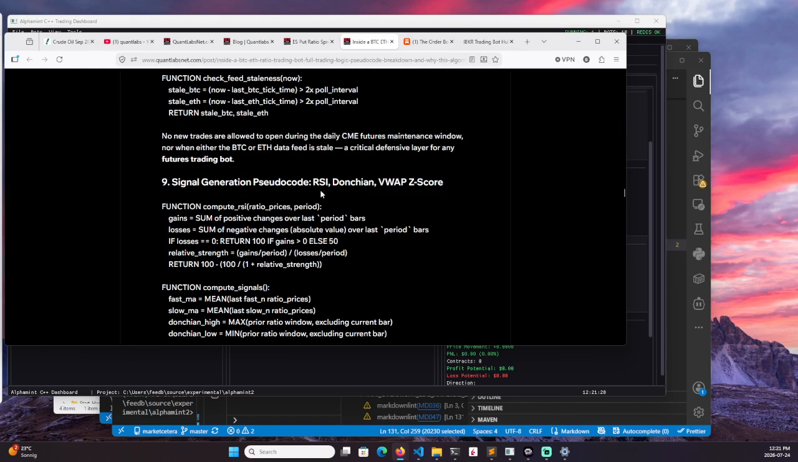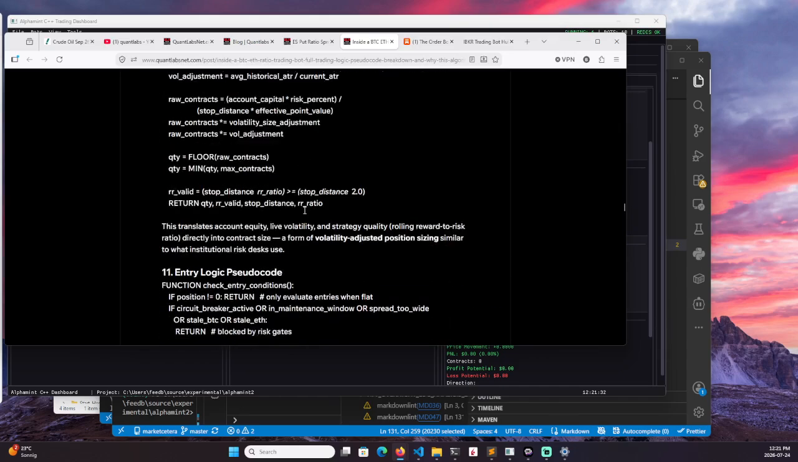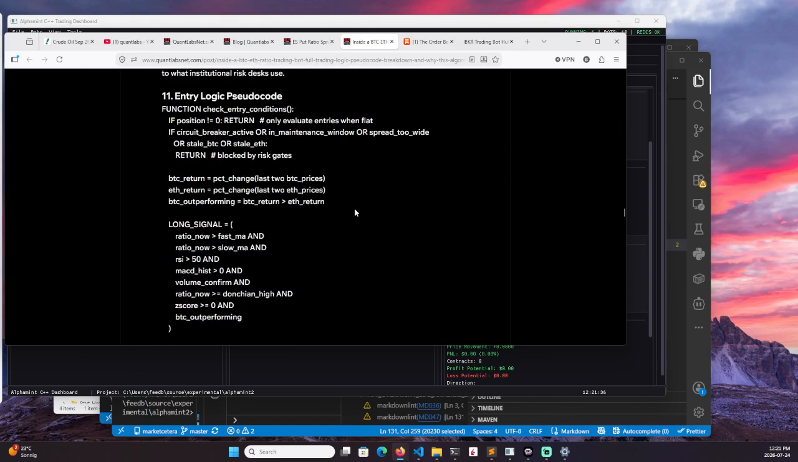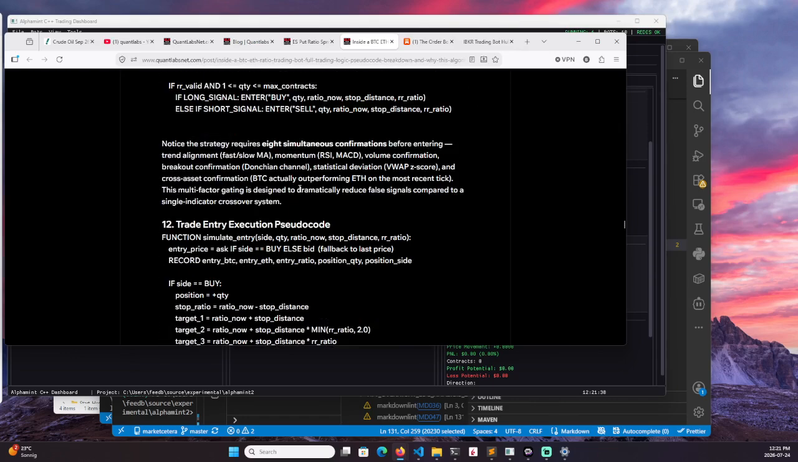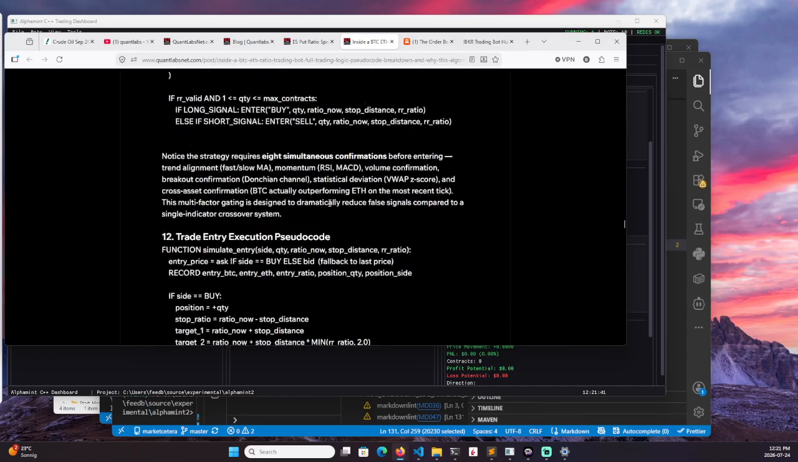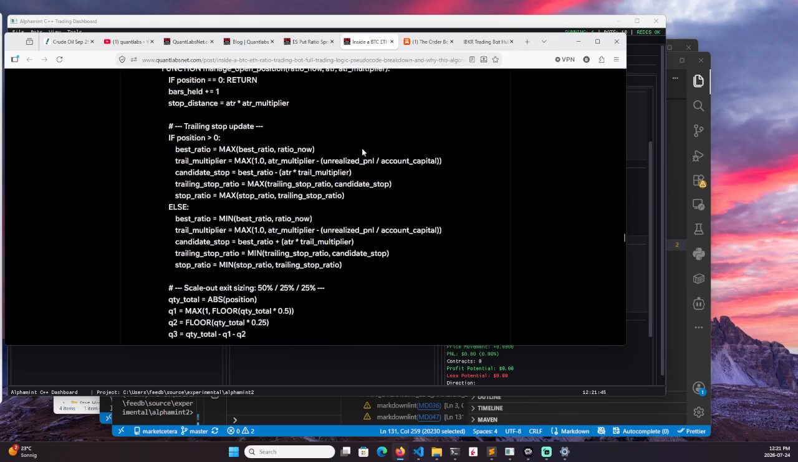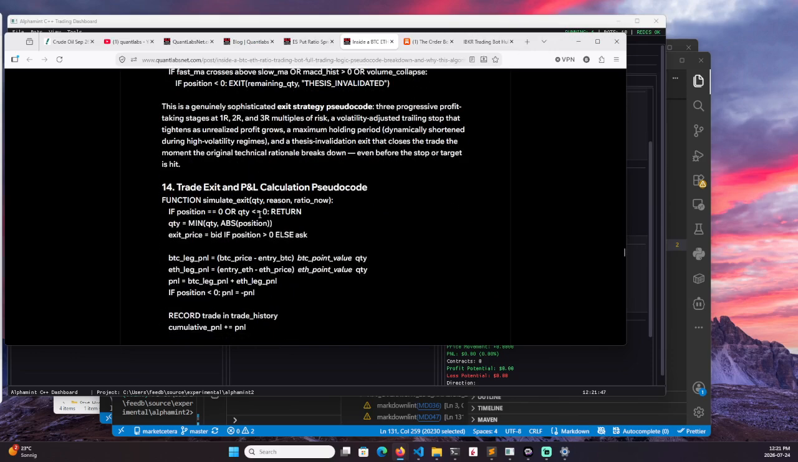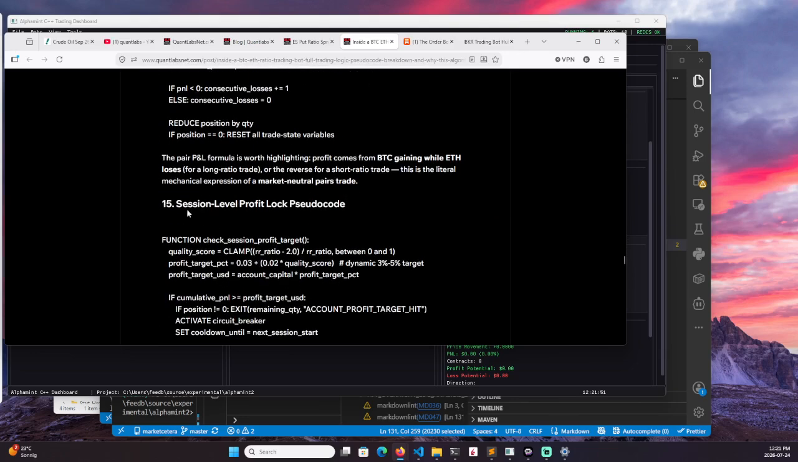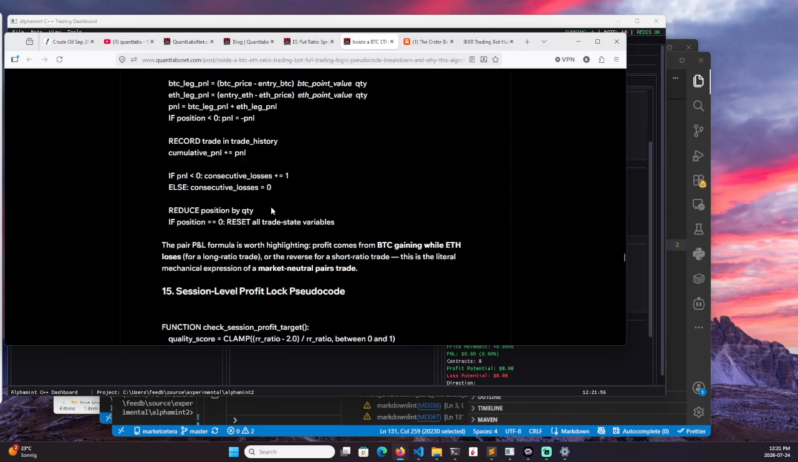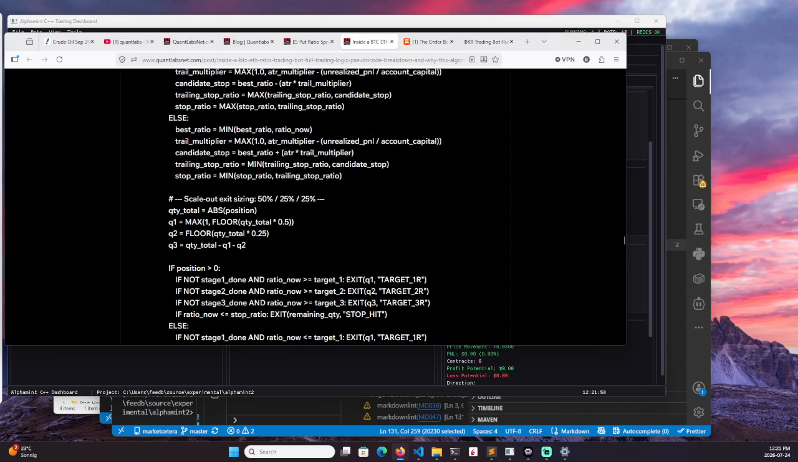Signal generation pseudocode, and here's all the indicators: RSI, Donchian, VWAP, SED score. I mean, it's incredible. Position sizing pseudocode, entry logic pseudocode. Okay, trade entry execution. Okay, so you could use position management pseudocode, trailing stop and scale out targets as part of the pseudocode. Trade exit, P&L calculation pseudocode, session level profit lock pseudocode. Okay, so you can use this pseudocode as